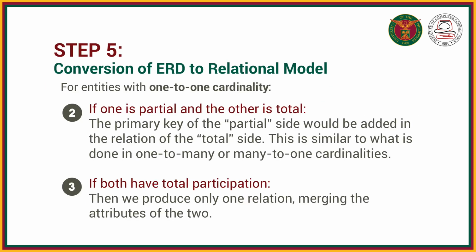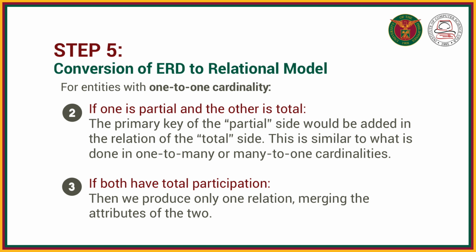Now, continuation ng ating step 5 for entities with one-to-one cardinality. If one partial and the other is total, ibig sabihin magkaiba sila ng participation constraint. The primary key of the partial side will be added in the relation of the total side. This is similar to what is done in one-to-many or many-to-one cardinality. Dito naman, kapag one-to-one yung cardinality pero isang partial, isang total, yung daw primary key ni partial ay ilalagay natin